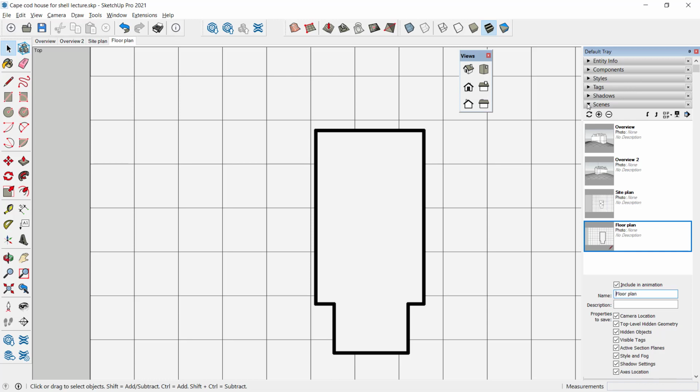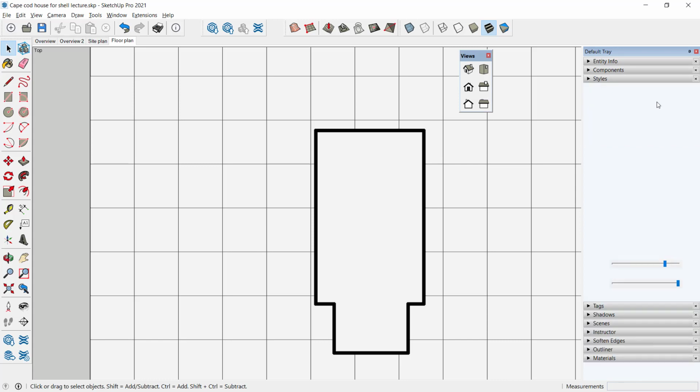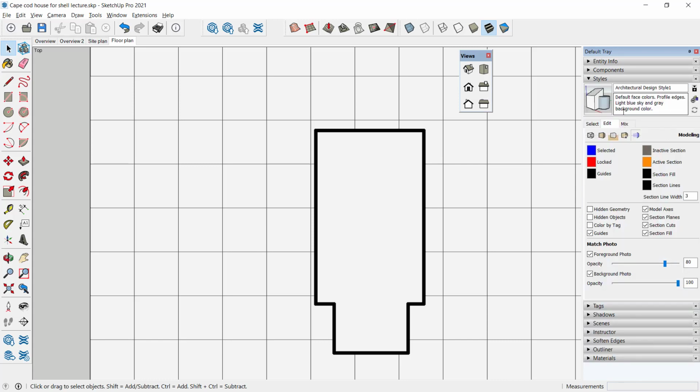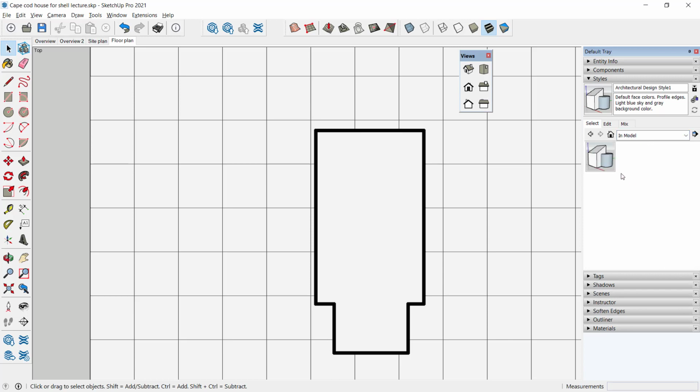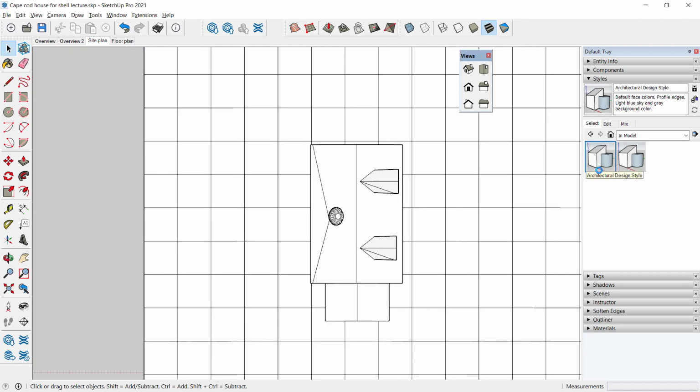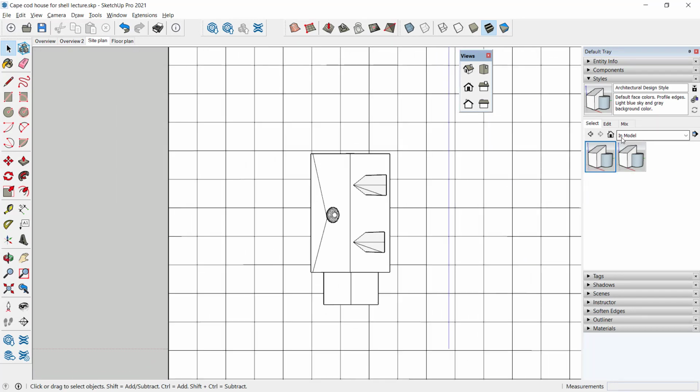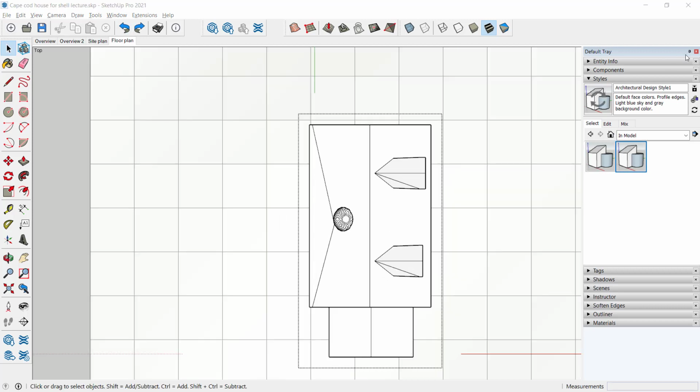But let me take a look at my Styles menu and show you what I mean by this, which is if I go here to Select and just select the styles that are in my model, right now this current style is the one that's active. And I can tell that because it's kind of highlighted. If I go to the Site Plan, you can see the other style is activated. Let's go back to the Floor Plan. I'm going to rename it just by selecting it here in the Styles menu, and I'll call it Section Planes